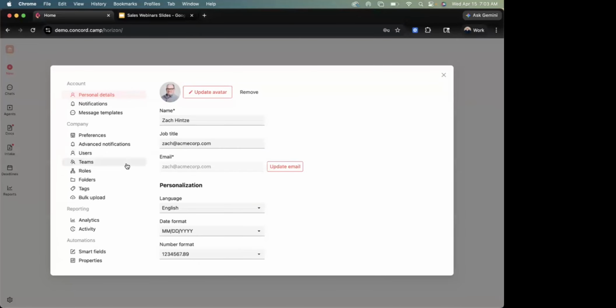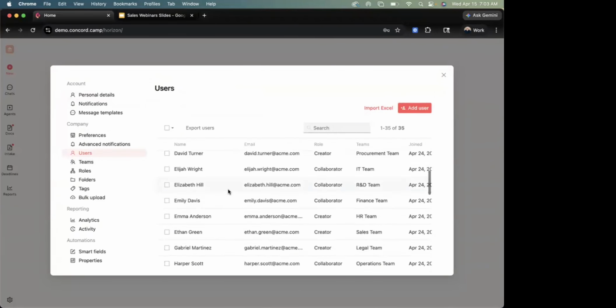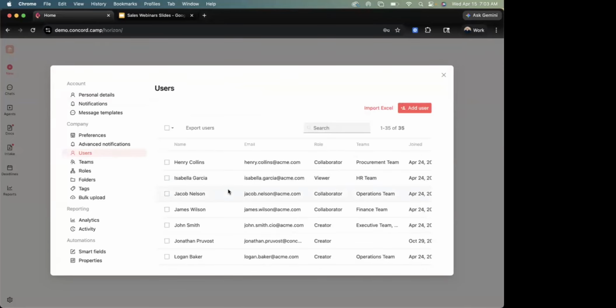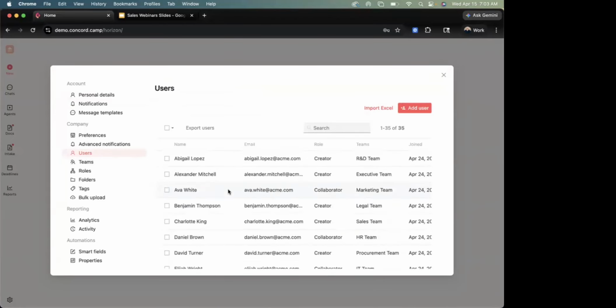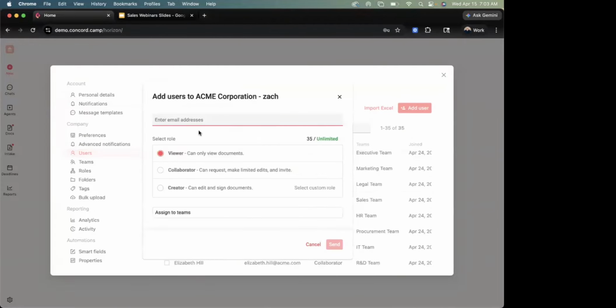So here we've got our settings inside of Concord, and I'm going to click into my users here. The first way to set up all of your permissions in the system: first we need to have users in the tool, right? So we're going to add users into Concord. You can do this through single sign-on or Active Directory if you're using either one of those systems to help set up users inside the tool. But if you're doing this manually, you come in here, you put in their email address, you'll add them in,